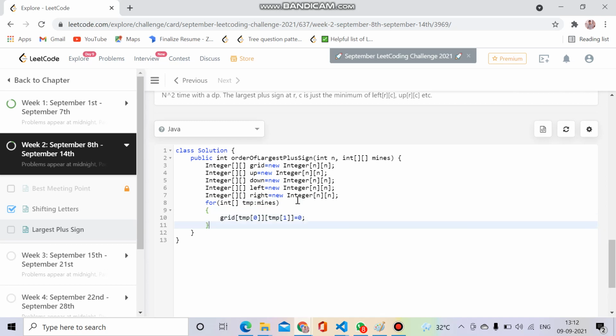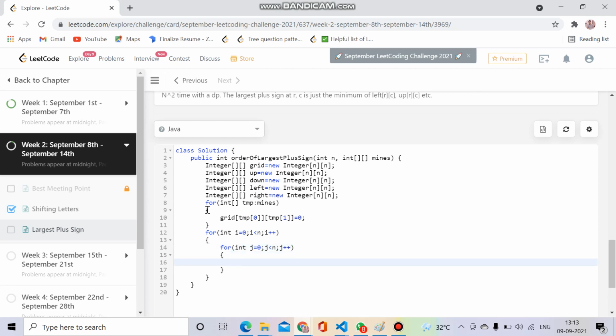That's it for mines. And for each else, I will fill 1. It is simply making the grid. I think the idea should be clear.